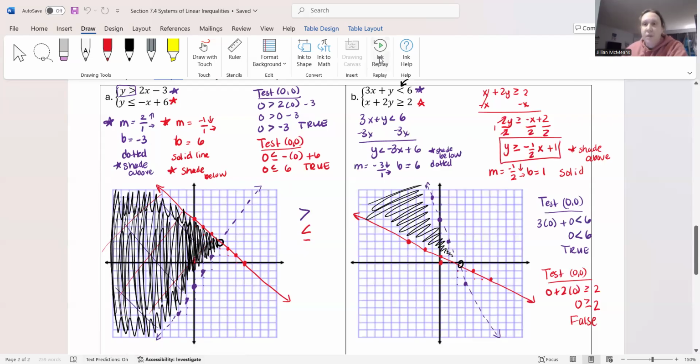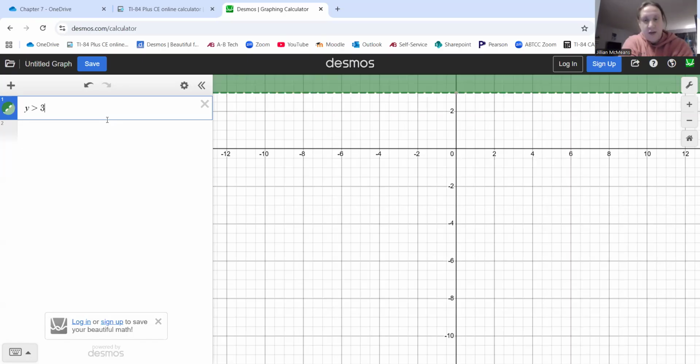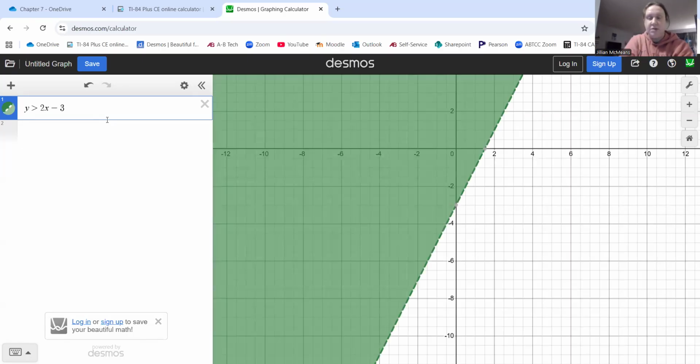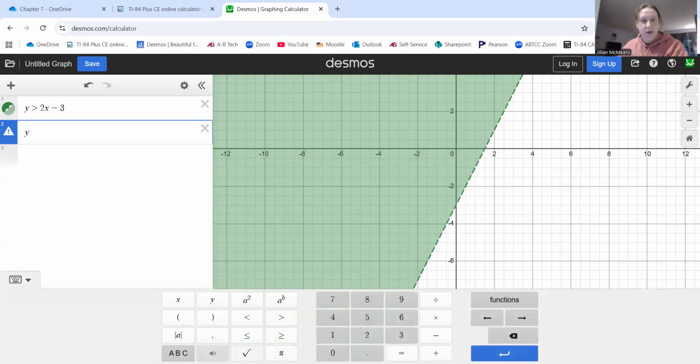So let's see what Desmos has to say. Let's clear out what we had from the previous example. Flip my notes page. So we have y is greater than 2x minus 3. That was our first inequality. We've got that positive slope, the dotted line, the shading above. And then for the second inequality, we have y is less than or equal